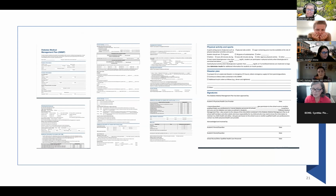It's also signed by the parent. There's a section in there where the parent gives consent for the treatment that's outlined in this plan. So if the provider from Kelsey's standpoint would rather that the parent fills this out with the nurse, that's great. This is also a really good recap to make sure the parent understands all the different aspects and